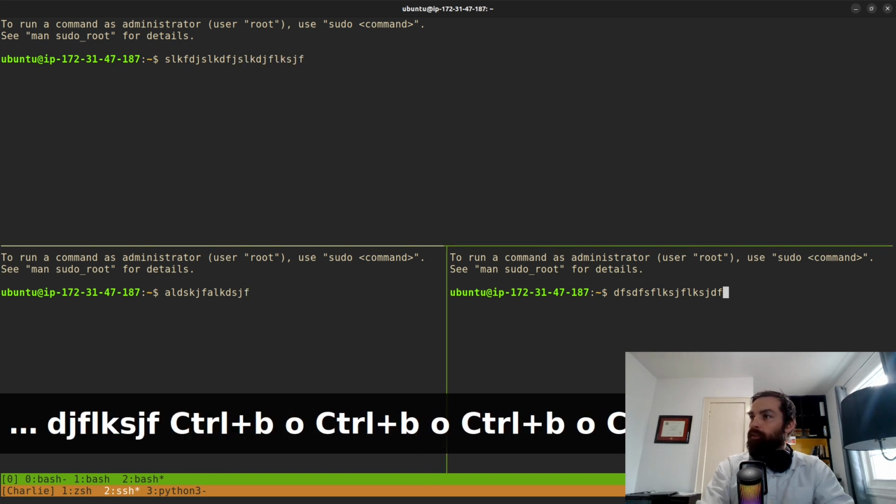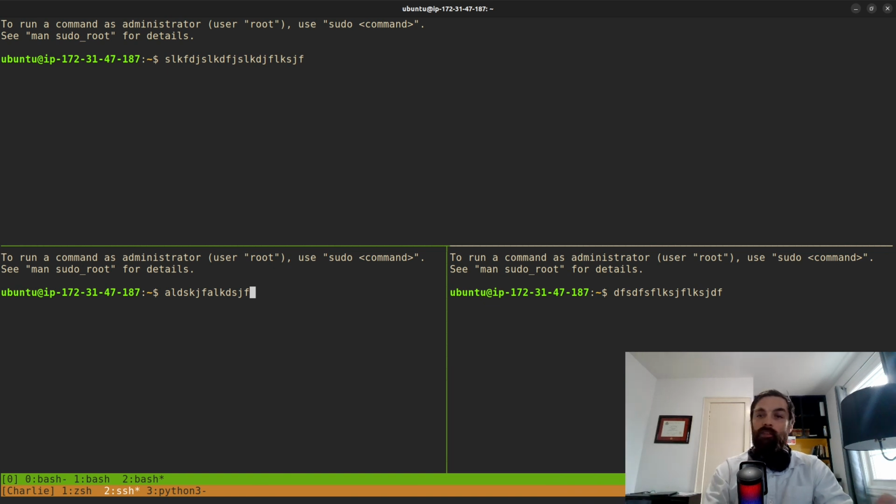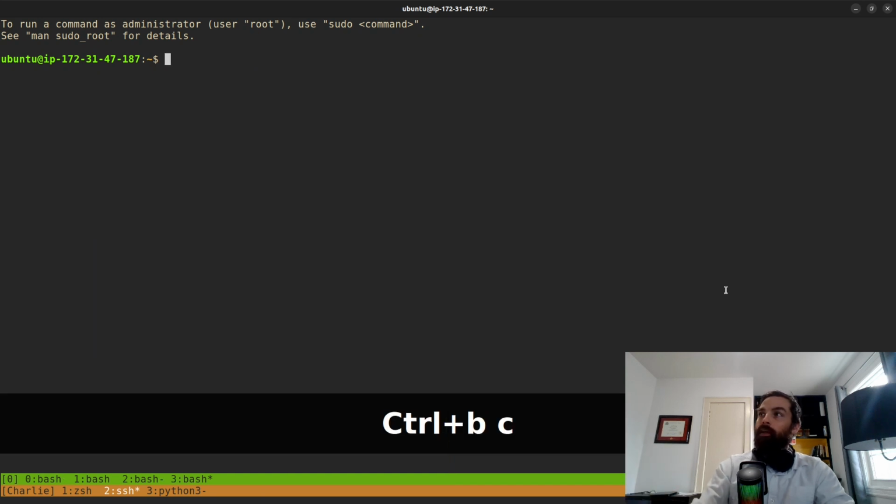I usually just find myself pressing Ctrl-b and then O a bunch of times, but it depends on what you're doing. If you have 6 or 8 panes on an ultra wide screen, it generally is a good idea to use the arrow keys. So that's how you move around your splits and your windows. If you want to create a new window, you would press leader key and then C, and this will open